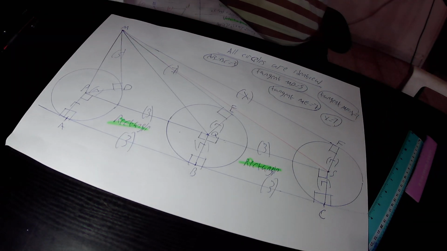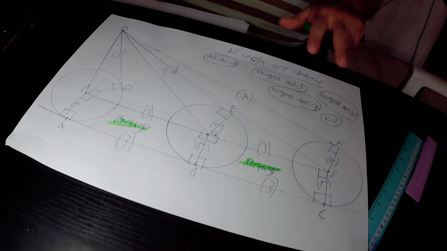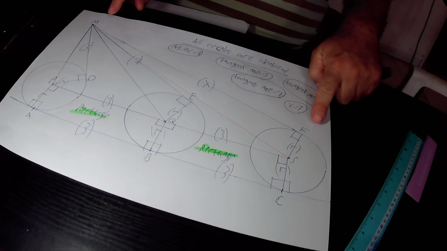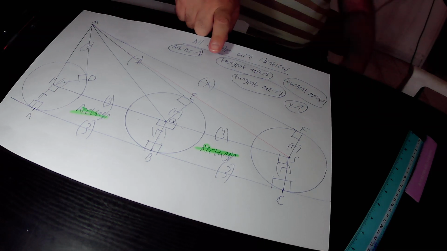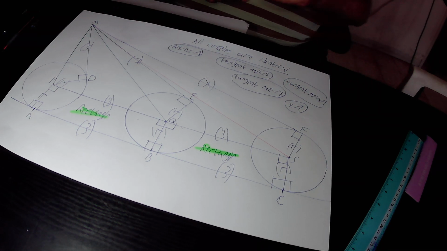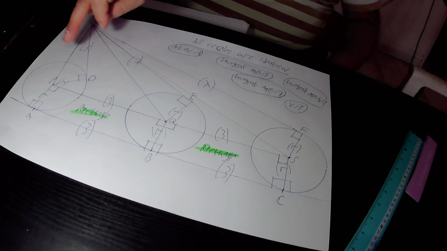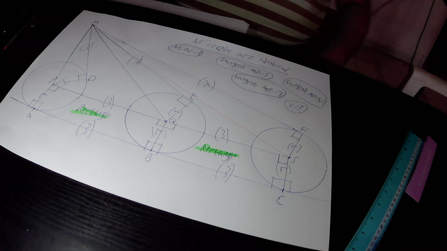Our mission, this first question, is to find out the length of this tangent MF, which equals X. We have to find out the value of X. So in the domain we have three identical circles, and we also have the big